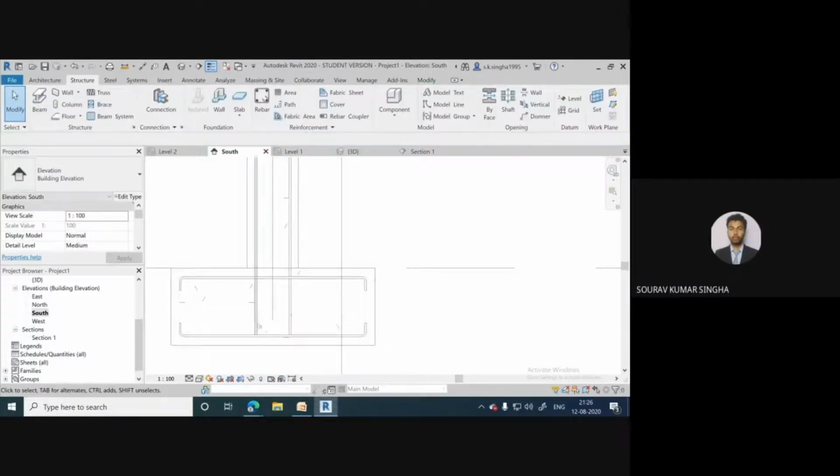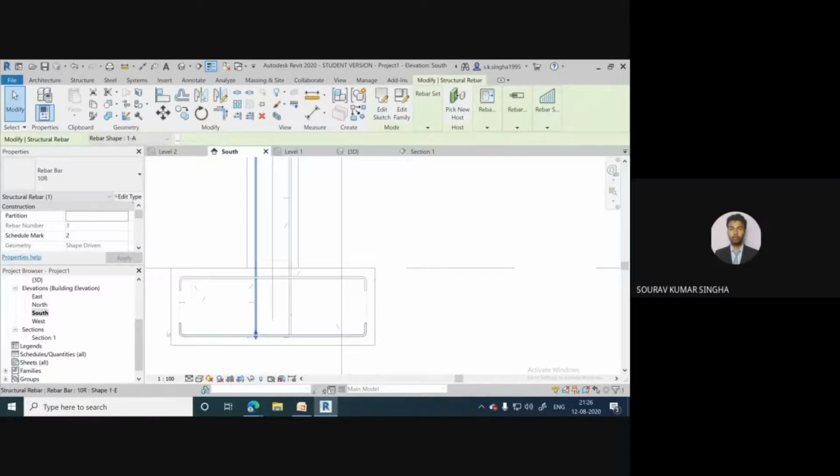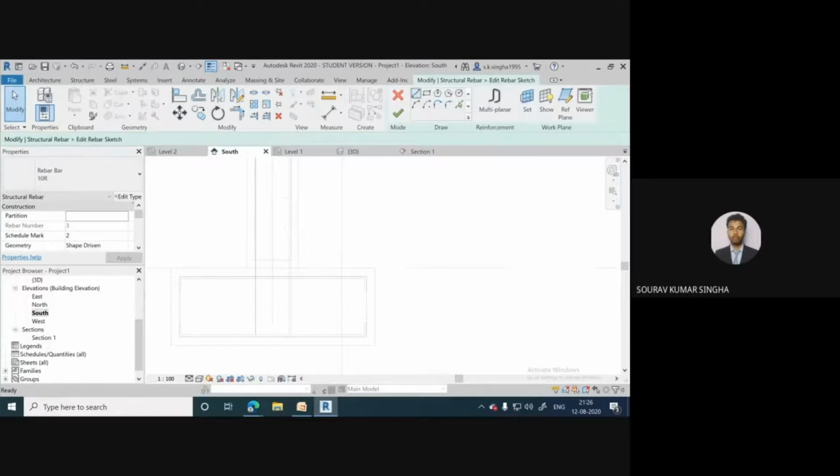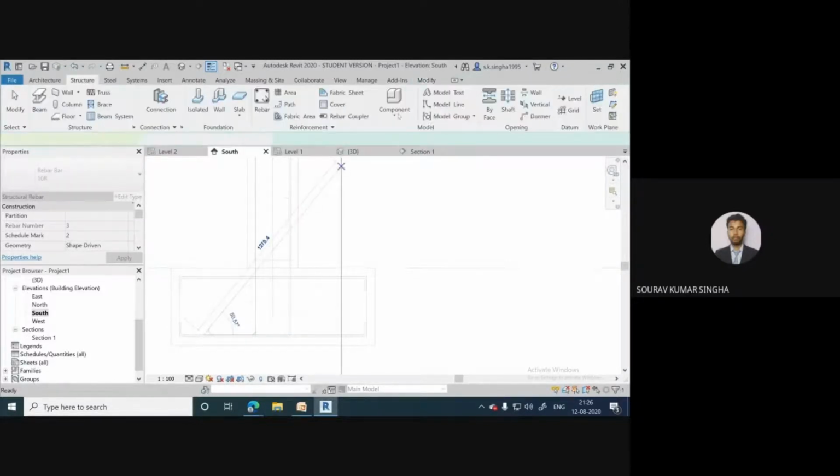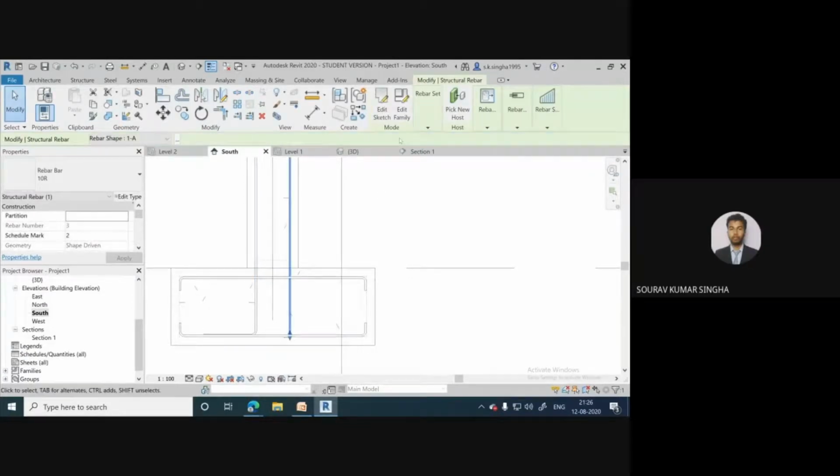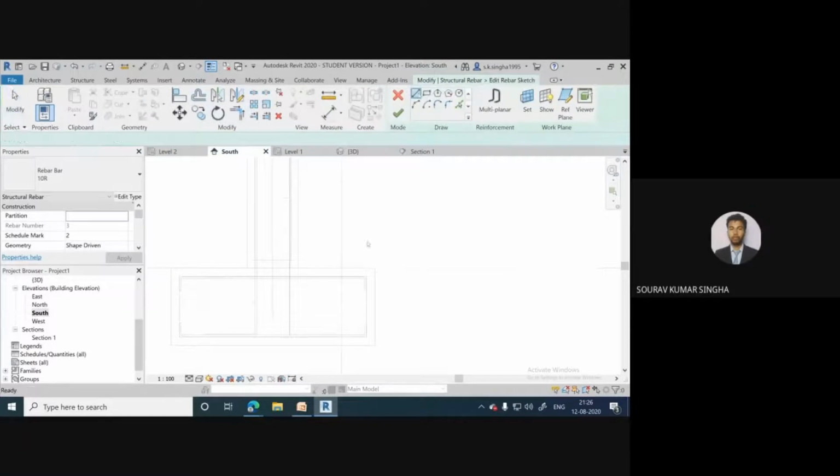So to make the bend, you select this rebar. You should bend it like this, 90 degree. Select this and select here edit sketch. Then add a line. Then select the end point and select the length up to how much distance you need to go. So I am giving 300 value. So it is done. So now select done. Same thing you need to do here also, edit sketch, select the line, add here. That means the value is 300. So yes, it is done.